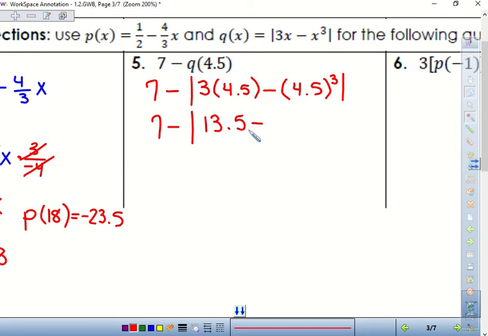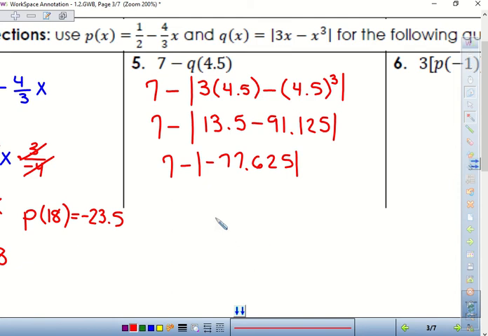And then 4.5 to the 3rd power is 91.125. Now we subtract 13.5 minus 91.125, and we get negative